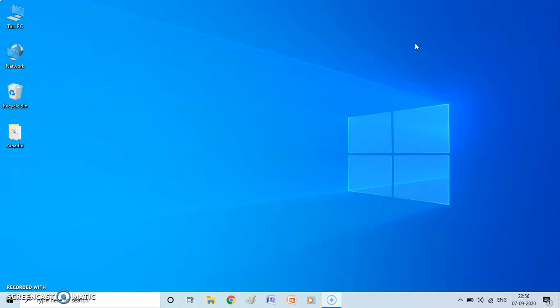Next, the files or folders deleted from removable storage devices are not sent to the recycle bin and are deleted permanently. For example, if I put a file in my pen drive and delete it, it will not go to the recycle bin, it will be deleted permanently. The items in the recycle bin can be restored back to the original location. Like I already taught you, whenever I click on an item to restore it, it will go back to its original location.